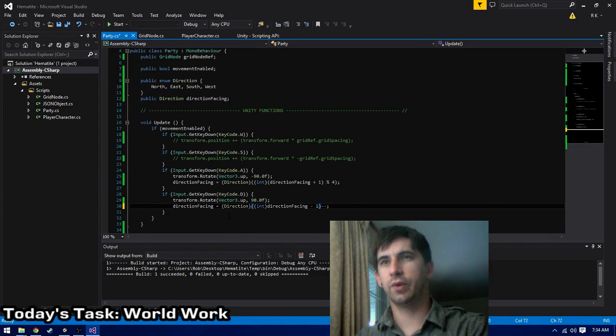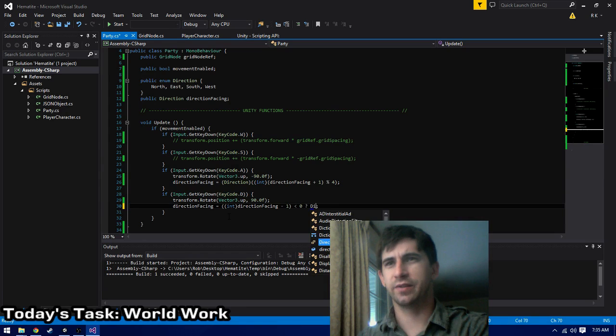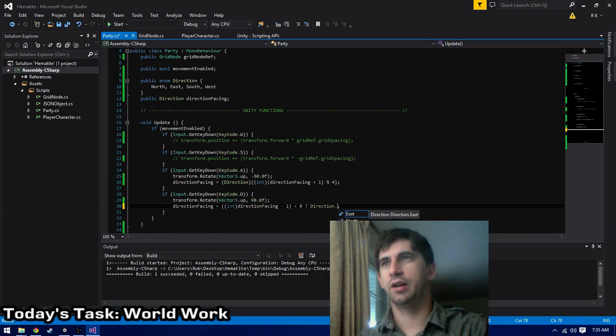So we're going to remove one, and instead of just, let's see, we essentially need an if statement here, unfortunately. If this is less than 0, oh, actually, the upside would be, I don't need that cast, because I can say, if it's less than 0, oh, I will need the cast eventually. Direction dot. If you walk off the end, then I need to just cycle all the way back around. Otherwise, we're going to